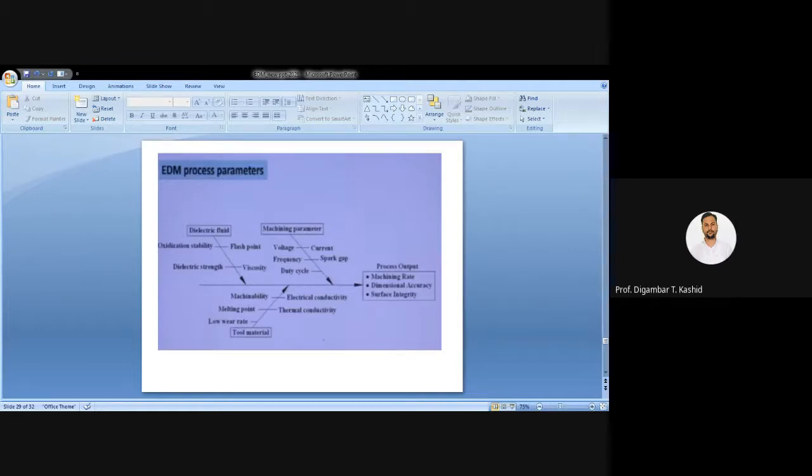Now we'll discuss the last part of this process. So there are different applications of this EDM process. You can see the EDM process can be employed to machine any kind of material, like tough material, hard material, brittle or exotic materials, provided that the material should have some minimum electrical conductivity. Again, this EDM process is used for making through cavities and miniaturized holes and orifices, say up to 50 micron holes and cavities can be produced using this EDM machine.